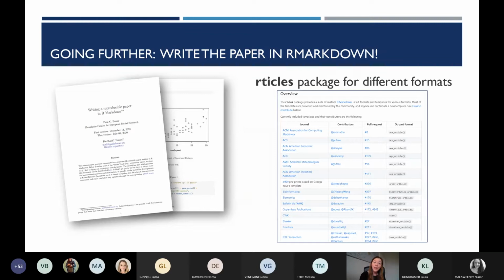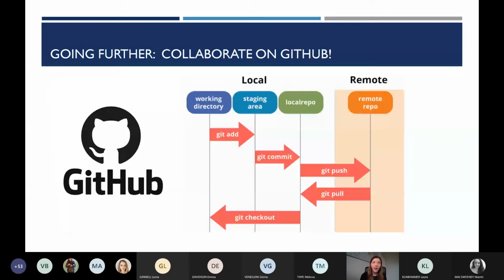If you want to go further again, at the point where I did this work, I wasn't really collaborating with loads of people on the code, but nowadays I am, and we use GitHub now. So GitHub, for those that don't know, is basically a versioning system for code, and it really helps you keep track of the history of your project throughout its life cycle.